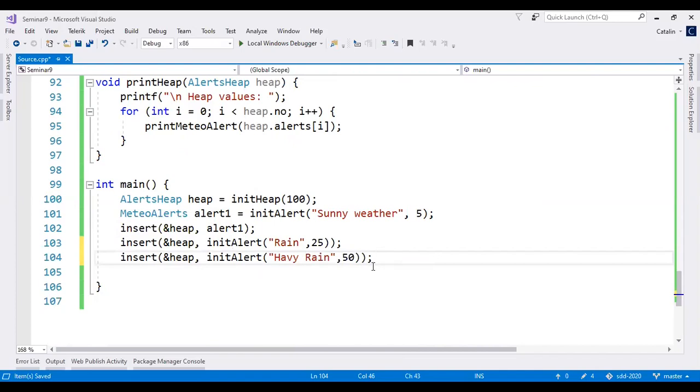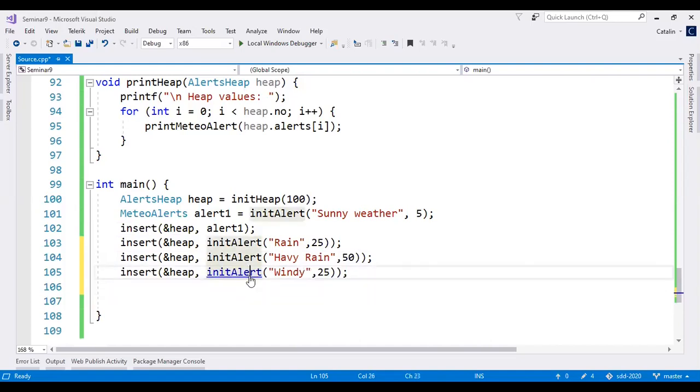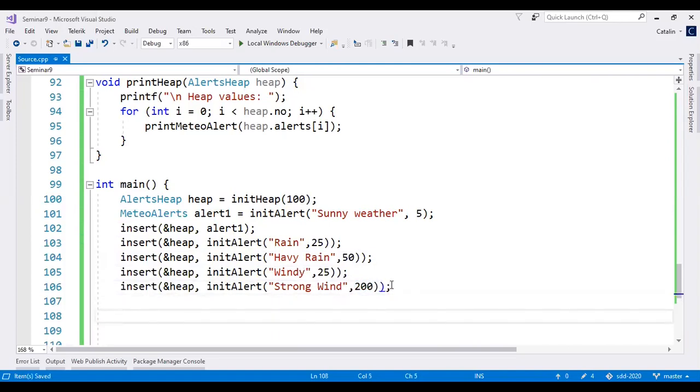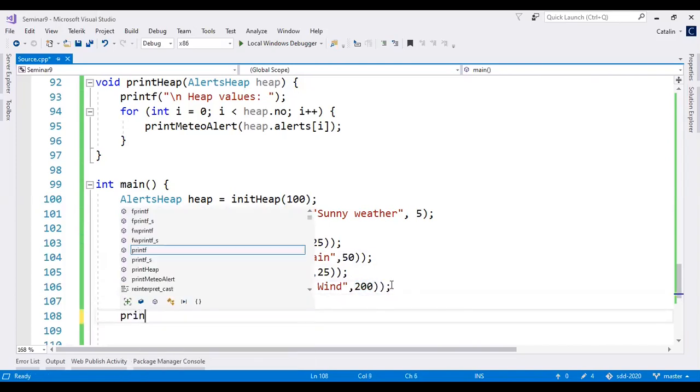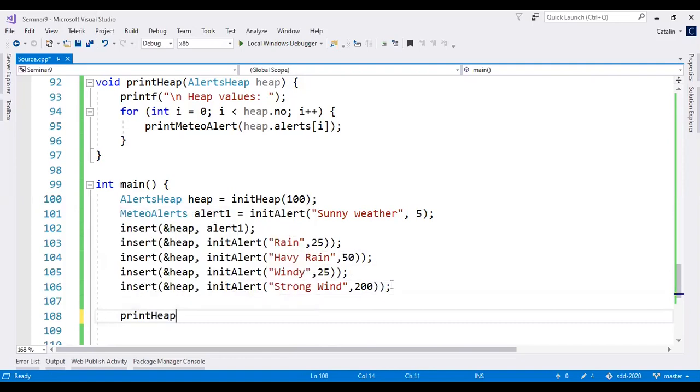And after that, another one, a windy day, and let's say 25. And after that, the last one, strong wind, wind 200. So if I print the heap now, print heap,